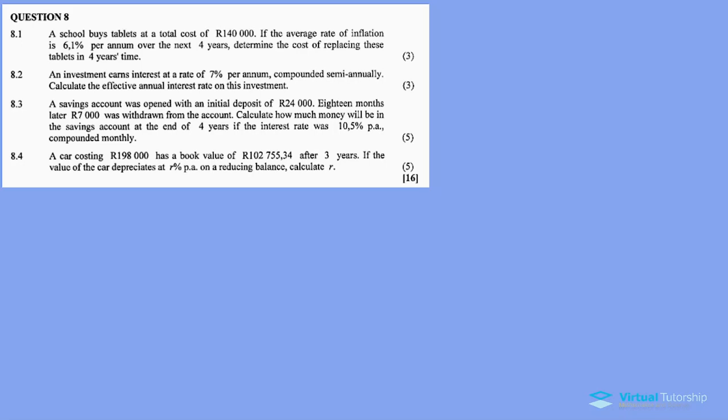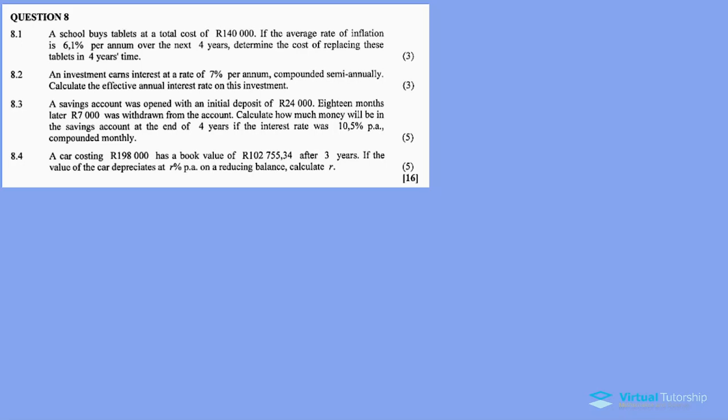Okay, now here I have question 8 for this question paper, November 2015. It's a question on timelines or financial mathematics. In fact, it's a question on financial mathematics. Why do I say timelines? It's because some students call it timelines. The reason they say timelines is that in financial mathematics, especially like grade 11, we use something called